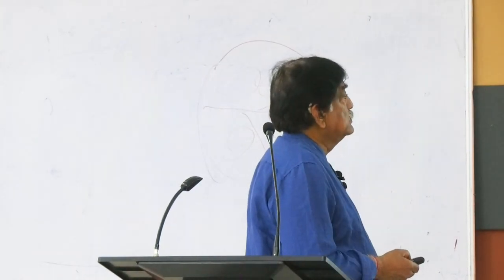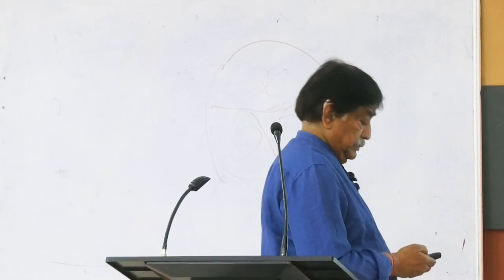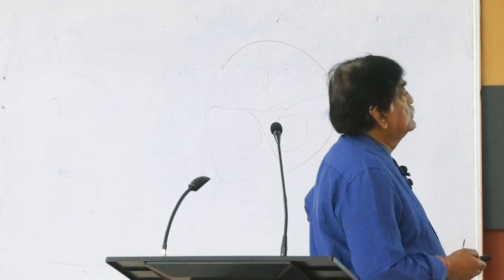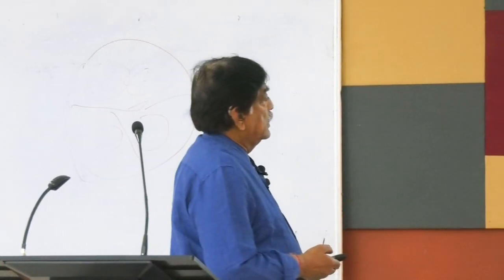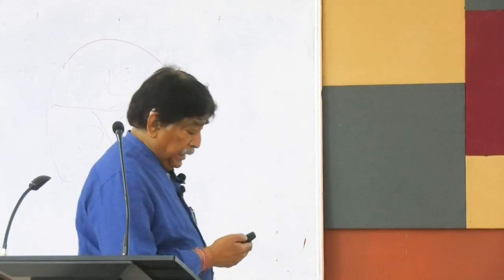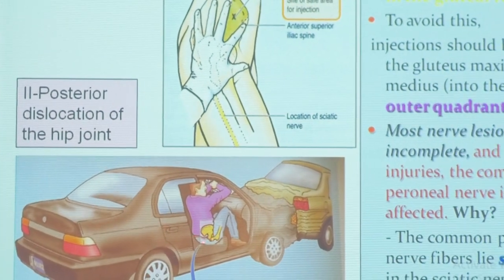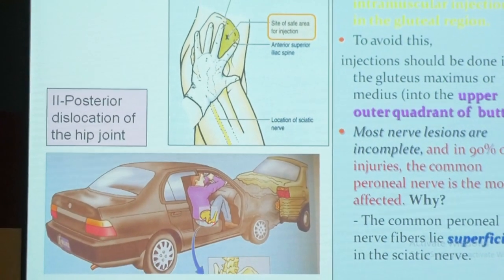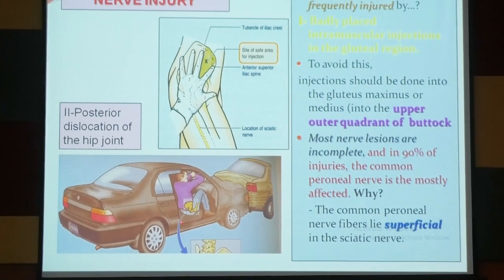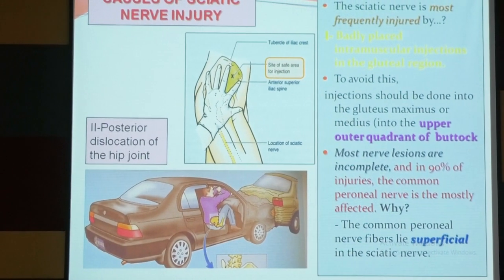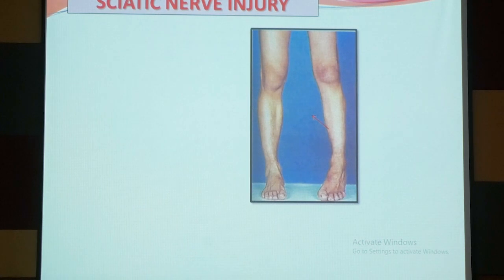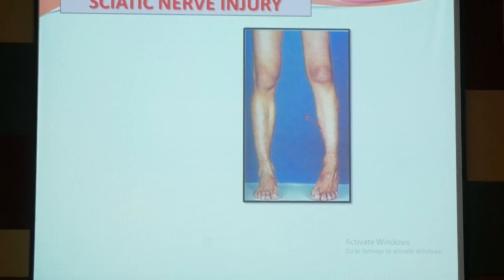Now, here, see, this is the head-on collision and this is the driver. See, this is the part, the hip joint is dislocated. Now, sciatic nerve injury,